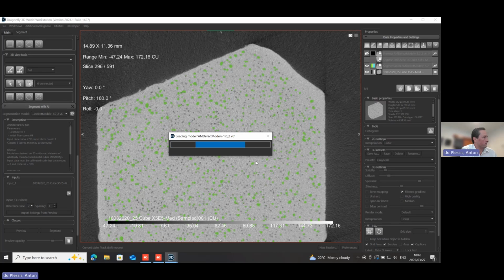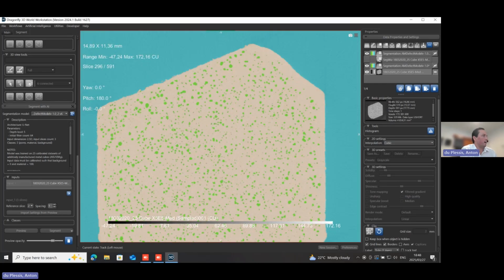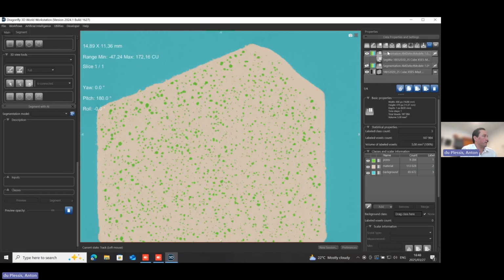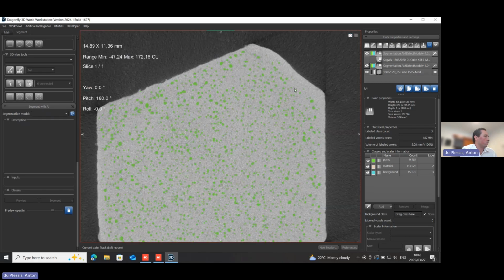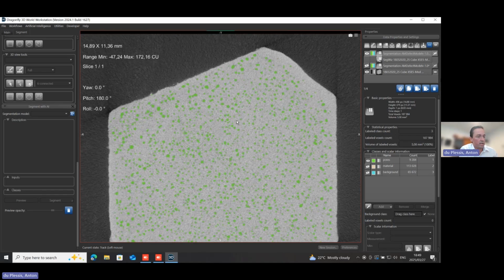We do this only on this slice here, and we see now that this new segmentation is a lot better than the previous one. We are not missing as many pores. I've only made a one-slice analysis. I only segmented one slice here. The idea is to, first of all, save time, but also secondly, show you how to make 2D analysis. In general, not just for AI, you can analyze in 2 dimensions in Dragonfly also in the same way as in 3 dimensions.